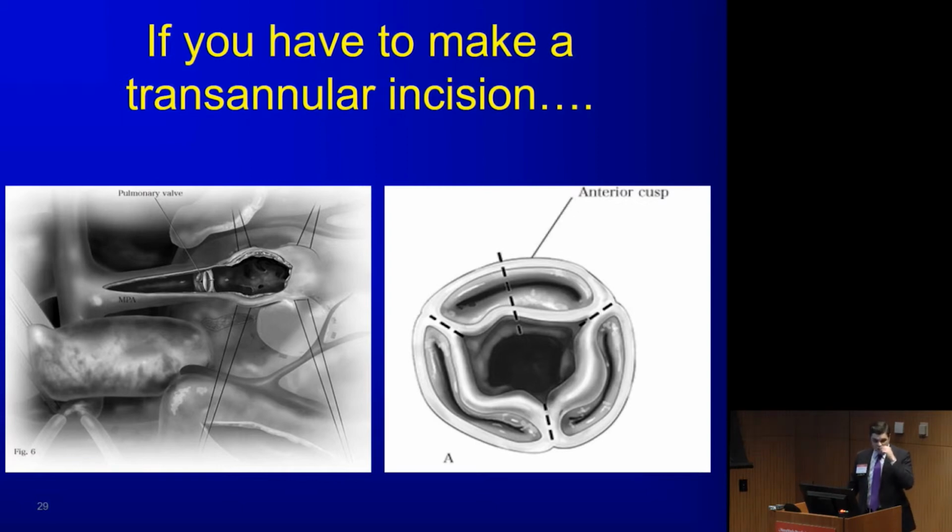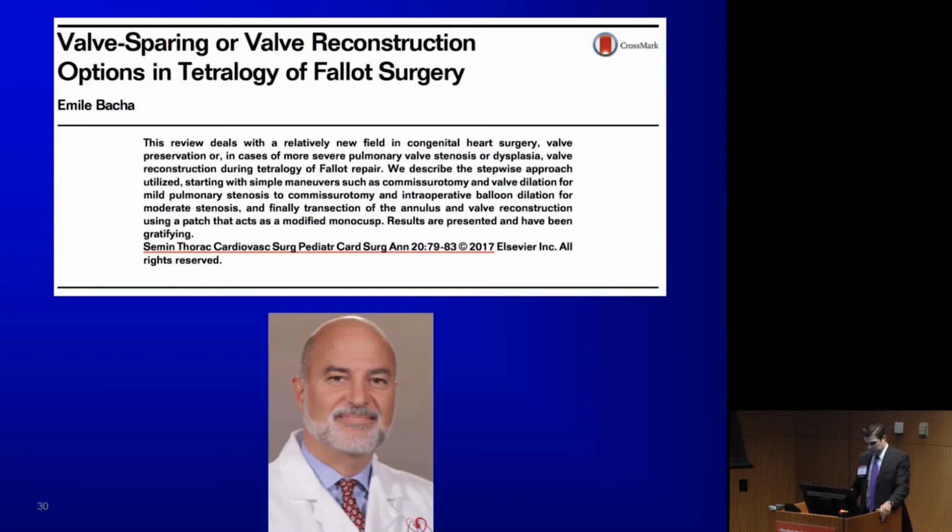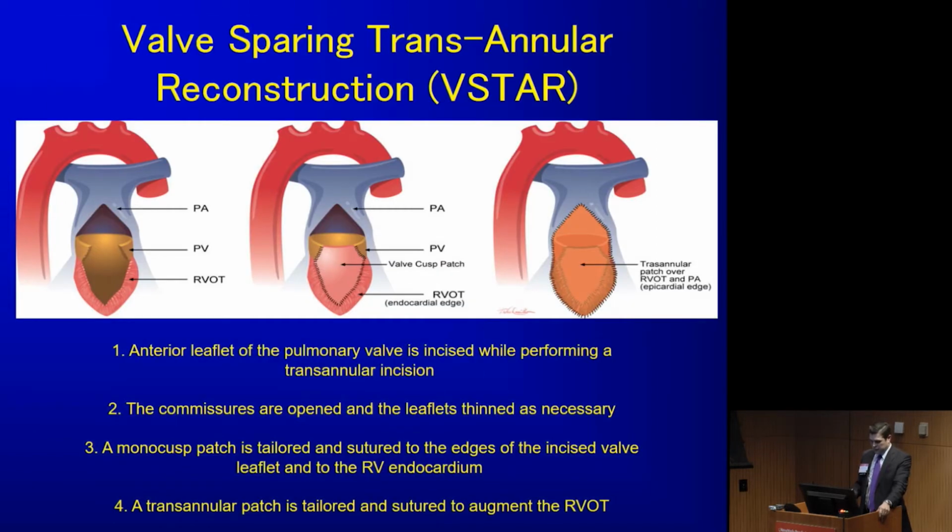So where does this lead us for all those patients and all those babies who have really small annulus or valves that we don't think might be amenable to any sort of a true pulmonary valve sparing procedure? This leaves us in the area of having to make this transannular incision. You can see here this is what's been done in these cartoons here. Again, heading back to this paper here, Dr. Basha talks a lot about providing, which I thought was a very unique name, the V-STAR, the valve-sparing transannular reconstruction,